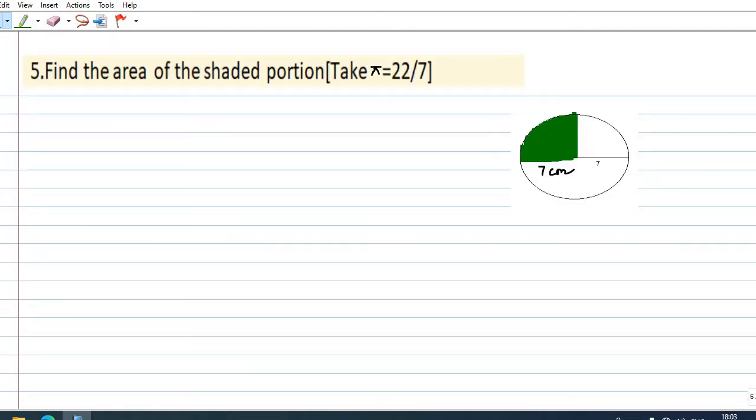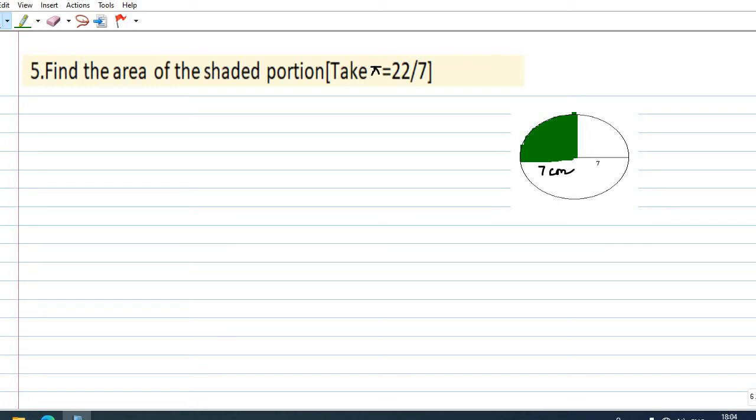See here, find the area of the shaded portion. Take pi equal to 22 by 7. I am going to take pi as 22 by 7 and the shaded portion. See, the 1/4 they are shaded. Is it or not? See the circle, it is shaded 1/4. So I no need to find out the full area. Just the shaded part, that alone I am going to find out. So write the area of a circle formula and divide that by 4, because the quadrant is 1 by 4. So if I divide by 4, I can get the area of the shaded portion.